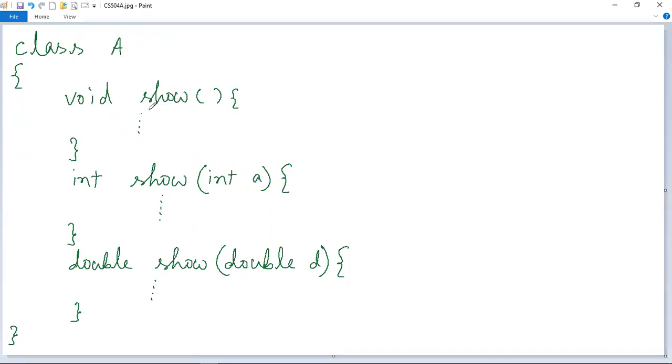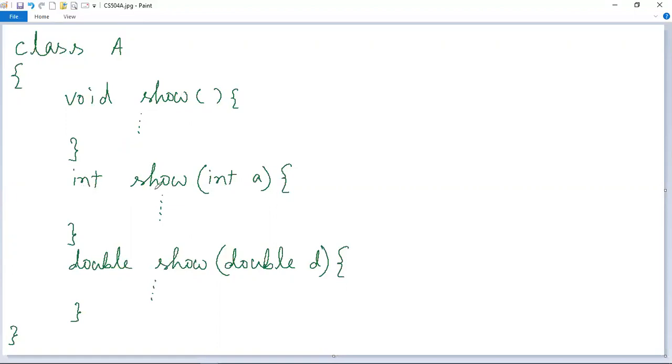Here in the first case, the show method has no parameters inside it and its return type is void. That means this method is not going to return anything. In the second case, this show method is used again. The name is same here also. It is show. And here there is only one parameter which is of integer type and the return type of the method is also int.